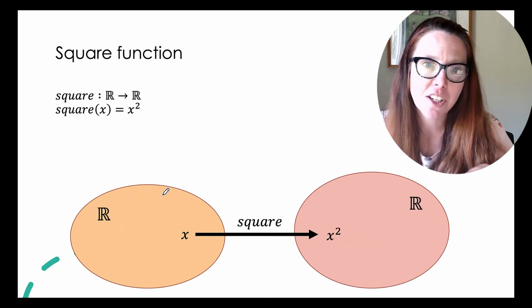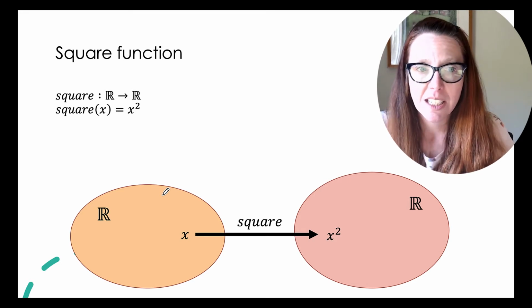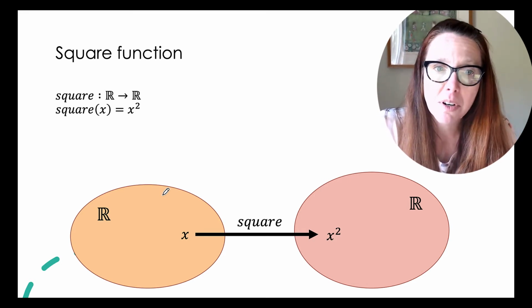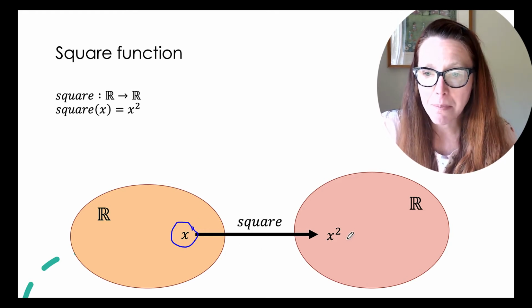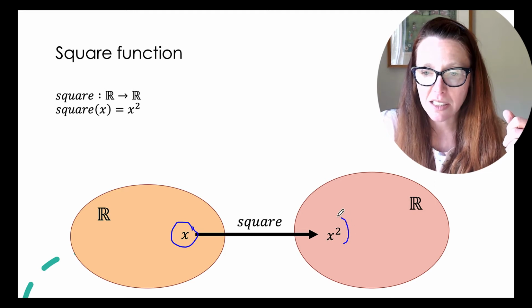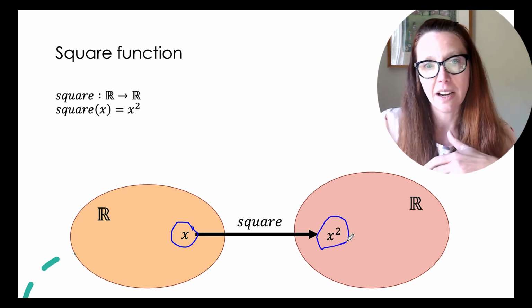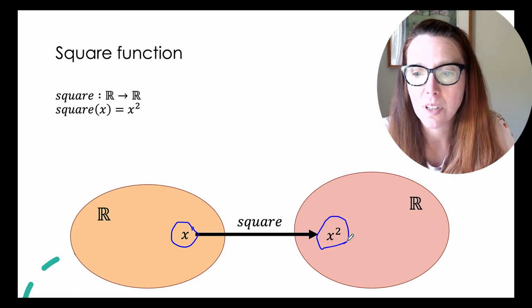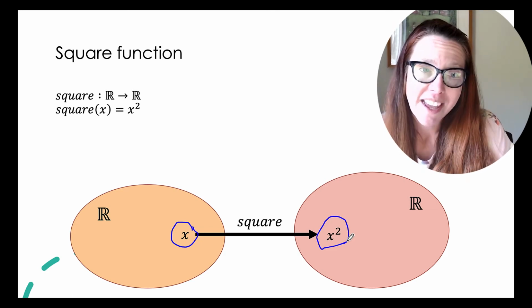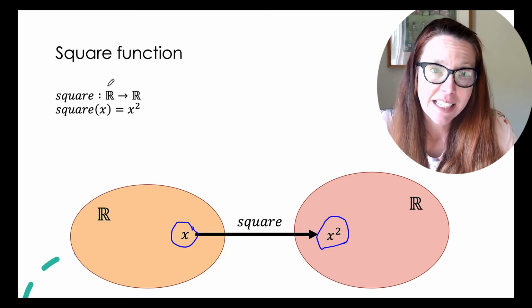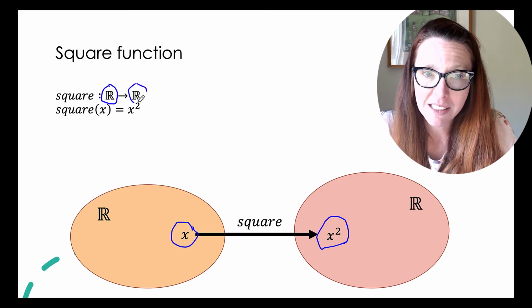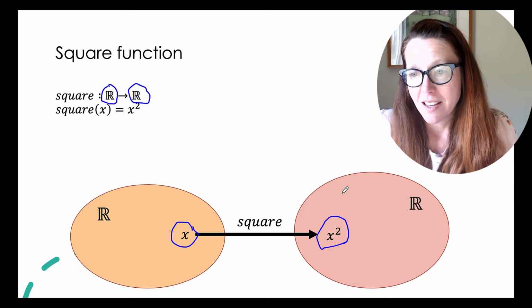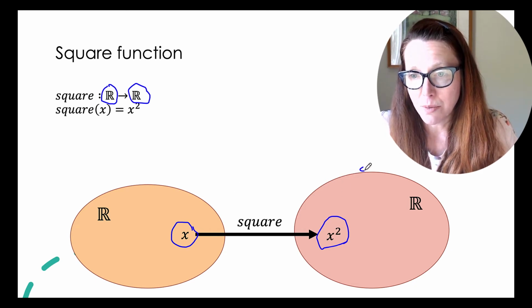Let's take a look at a function that we've already seen, which is the square function. And so it can start from any real number, and it's going to take a value x from the reals, and it's going to map it to square of x, which is also represented as x squared, x to the exponent 2. Okay, so we know then that the domain is where we start from, and the codomain is where we move to. So this is our codomain over on the right,